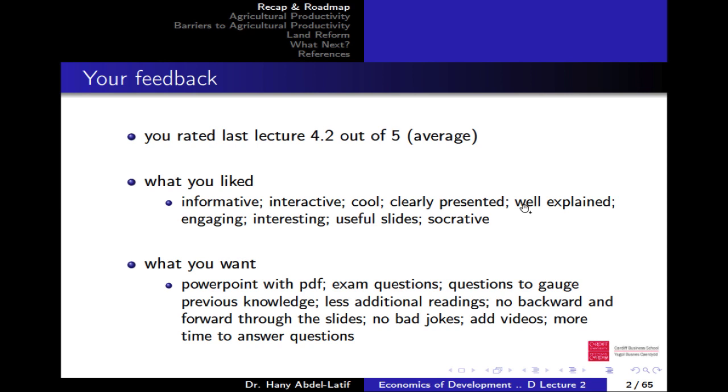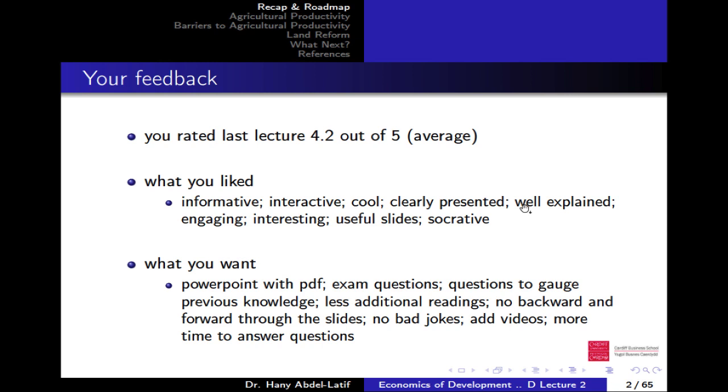As I said from the last lecture, find your own resources. If you don't like my suggestions, the world is open for you, so just go and find your own resources. If you don't like what I suggest to read, that's fine. You don't have to read it, but then you have to find your own resources. We'll come back to this point when we talk about the exam and what is expected from you when you answer the question in the exam.